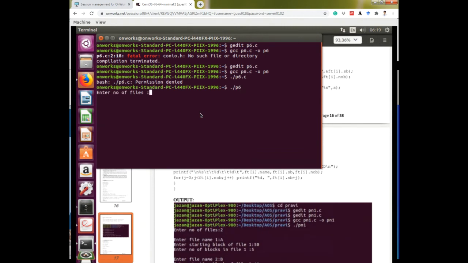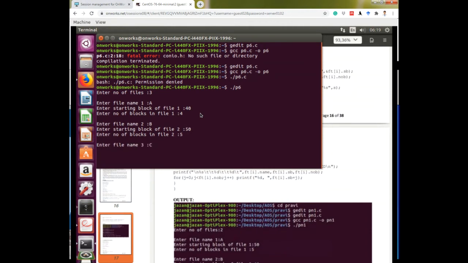Number of files, let's say we take three files. File number 1 we type name A, then enter the starting block, let's say 40. Number of blocks in the file, let's say 4. File name B, starting block 55.